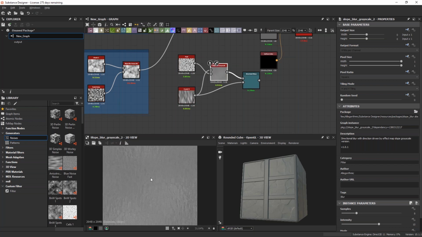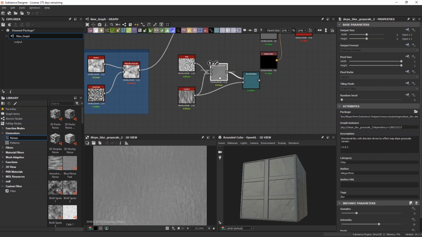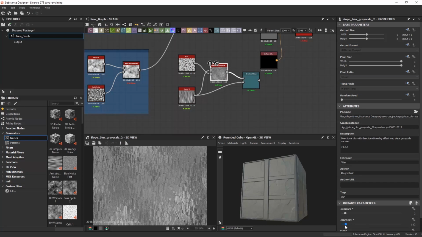The result is again like this, but it looks like droppy thingies. And then we have to adjust the slope grayscale values. That's all we need to do to achieve a better look. So the samples are very low, and the intensity as well. So you see,